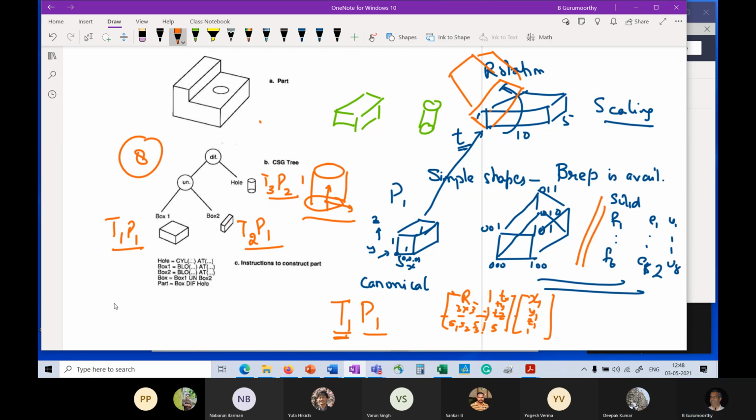That I'm given primitive P1, T1, right? So I'm going to call this A, as we did originally. Likewise, I'm going to call T2, P1 as a solid B. Now the question is that I know the boundary of A. Right? This is my notation to say this is the boundary representation of A.